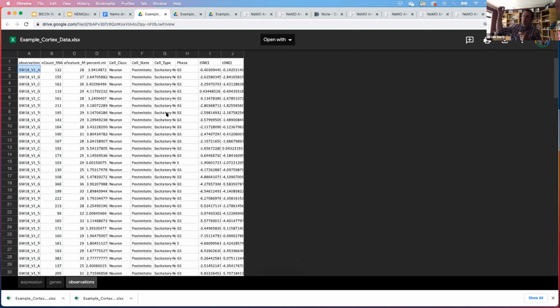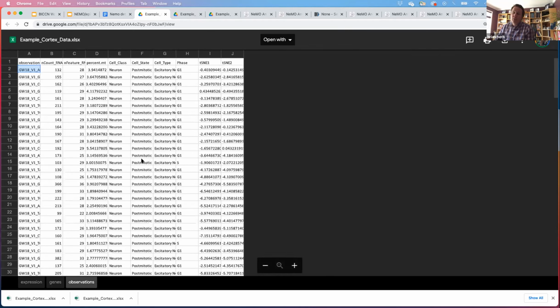Perhaps you've already got all the clustering information. In this case, you see that we have our t-SNE coordinates that could be read in and used in that profile. If you have the cell type, or what you think the cell type is, you can list that there. Different cell classes, so you can have multiple resolutions. You can maybe just present your data as neuron, non-neuron, then excitatory, inhibitory, and then get into the various cell types. That's all possible there.